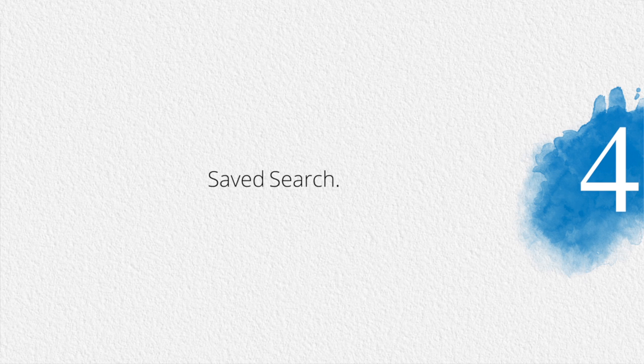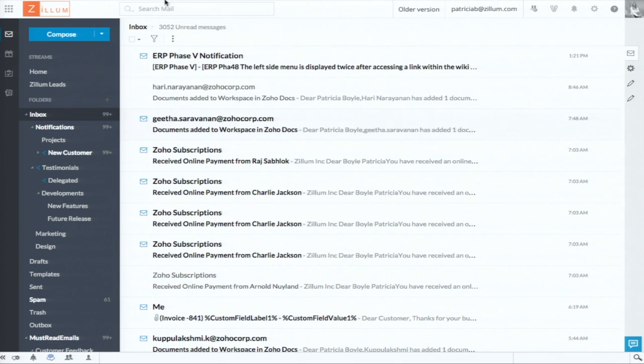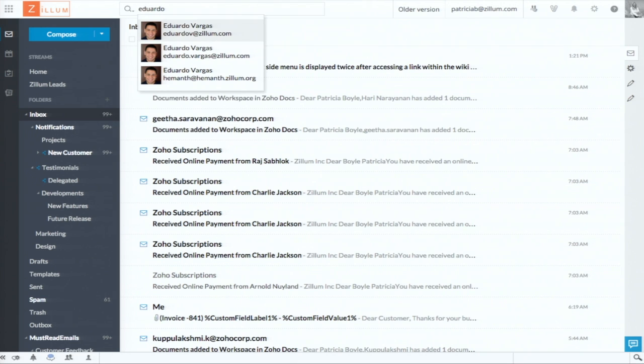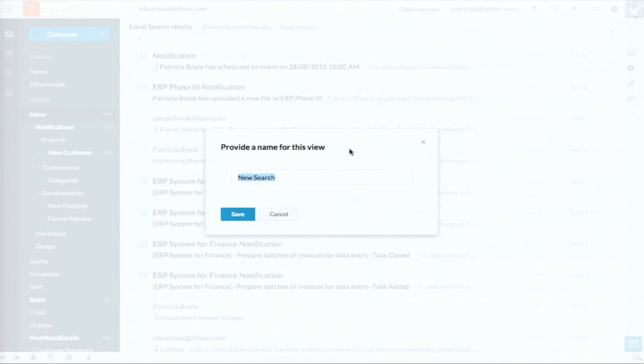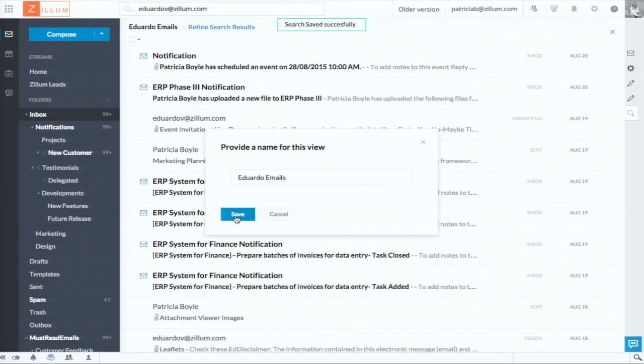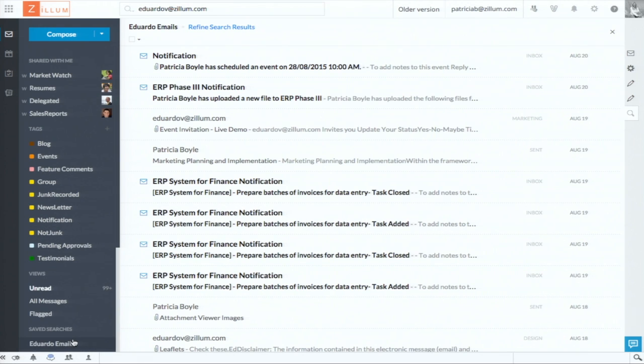Close, and you can go back to your inbox. The next thing that I want to show you is how you can save a new search. So if I go here to search and search for emails from my colleague Eduardo, there are probably hundreds of emails in this search because Eduardo and I collaborate very frequently on emails. Now, on the top here, you see this option to save a search. I'm just going to click on that, give a name to this search, Eduardo emails, and hit save. And the search is saved all the way here at the bottom. So every time I want to find emails from Eduardo, I don't have to go back up to the search bar and search for emails. I can just scroll all the way down to my folder list, click on Eduardo emails,